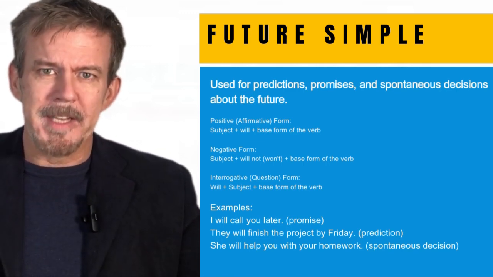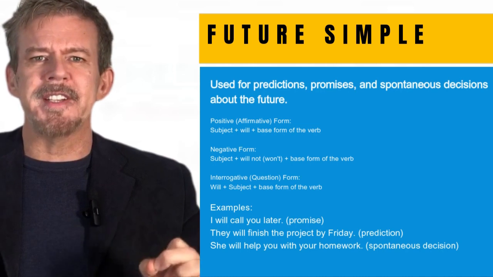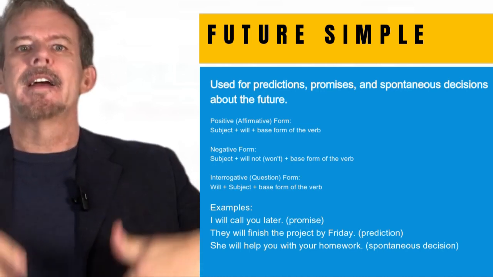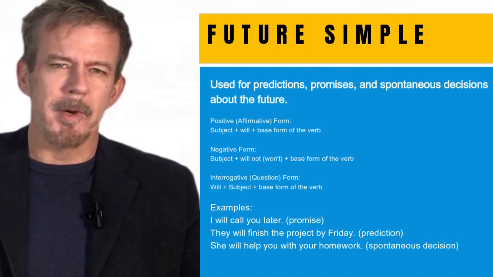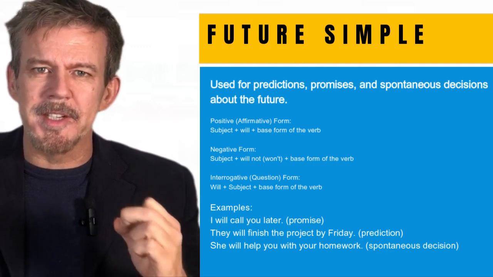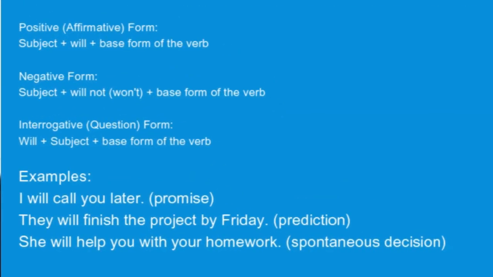Future simple is used for predictions, promises, and spontaneous decisions about the future. Spontaneous decisions in the moment, spur of the moment decisions. Examples: I will call you later. That is a promise. They will finish the project by Friday. That is a prediction,